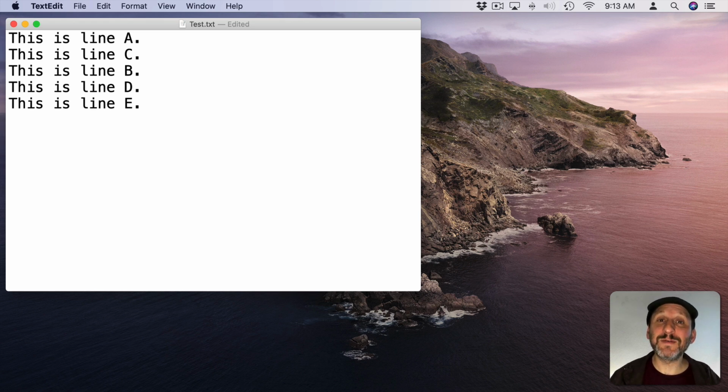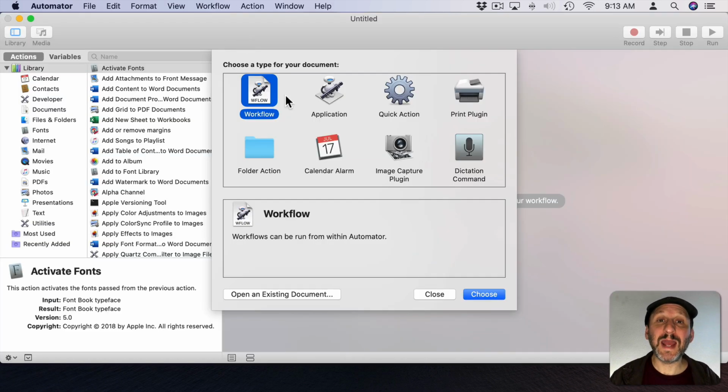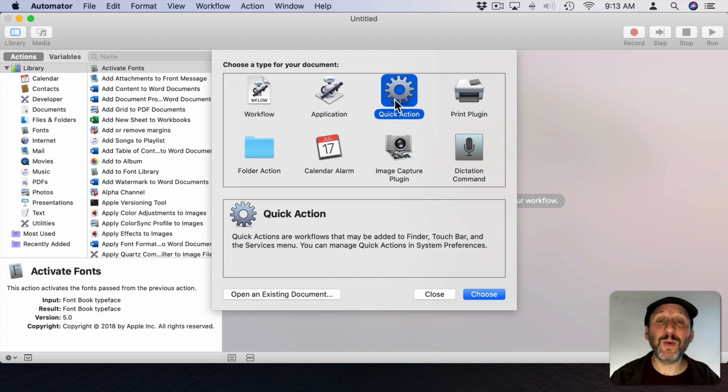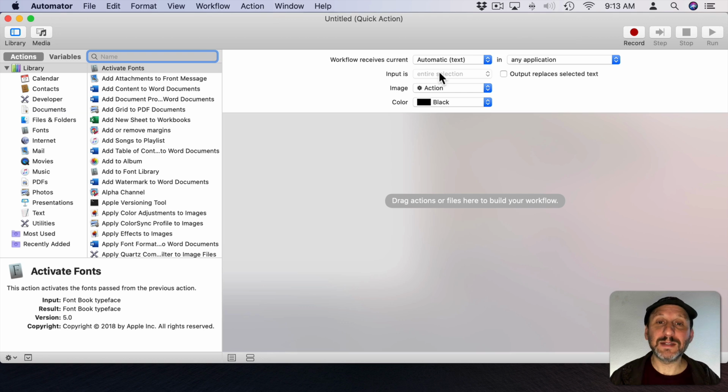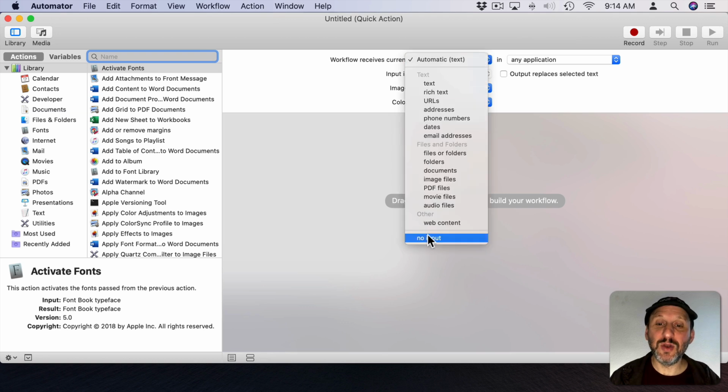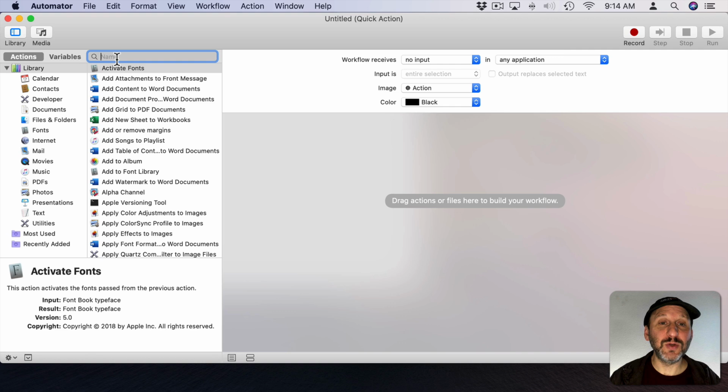So we can do that series of keyboard commands with just one action, and we can do it several ways. First, let's start off by doing it in Automator using Watch Me Do. So in Automator here I'm going to create a new document that's a quick action. And I'm going to then go ahead and set it to receives no input. Now I'm going to use the record button here to record Watch Me Do.